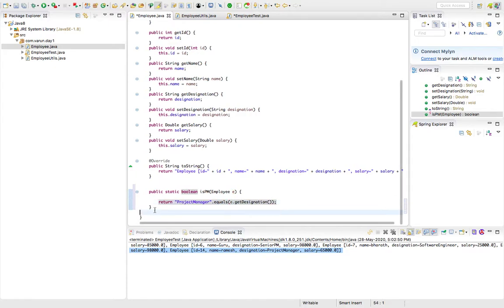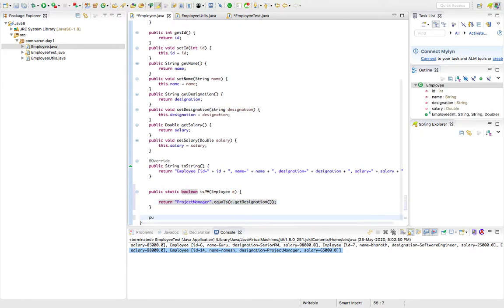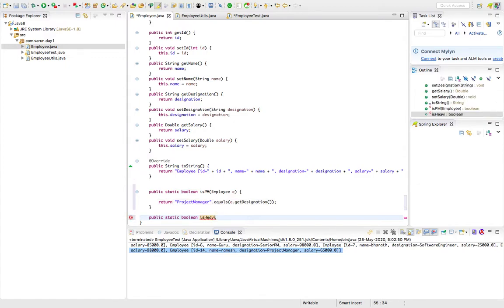Yeah, and again there is one more thing, public static boolean isHighestPaidEmployee, highest paid employee.